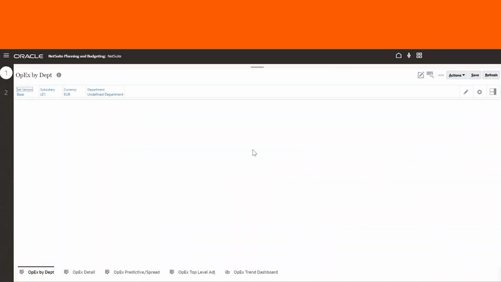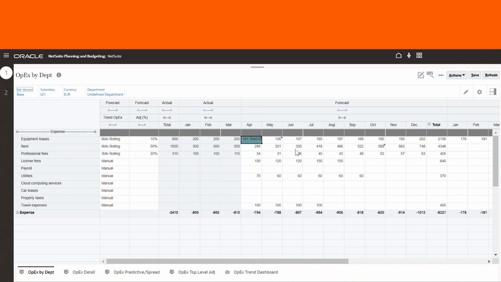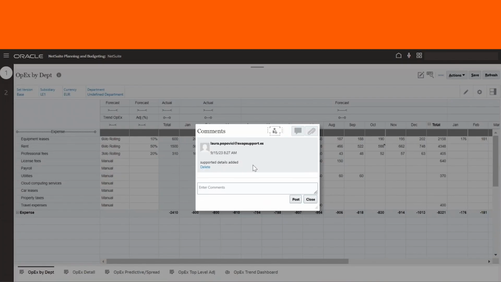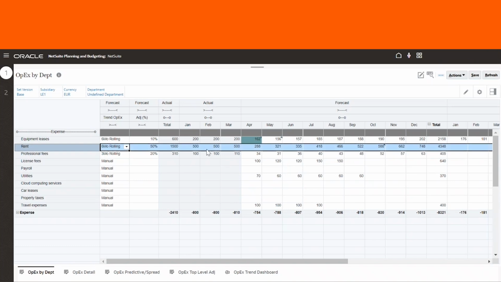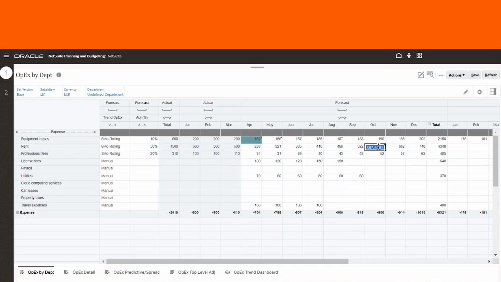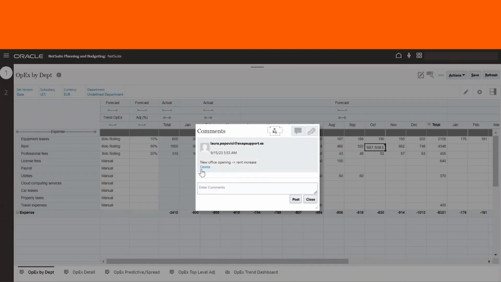All right. Then the comment side, you can add the comments in here. So maybe you as an HR department, you want to make some notes. For example, here we can see that the rent has increased starting October, and we do have a comment saying there was a new office opening. This was the cause of the rent increase. So we could add such comments in our